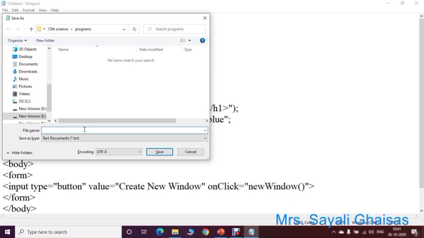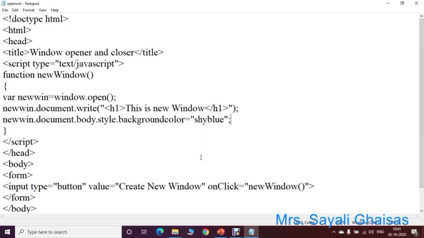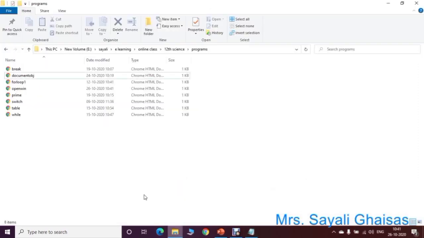Type a name for this program, suppose open window, openwin dot html. Then save this program and now open that folder. Here this file has been created. So run this file to see the output.